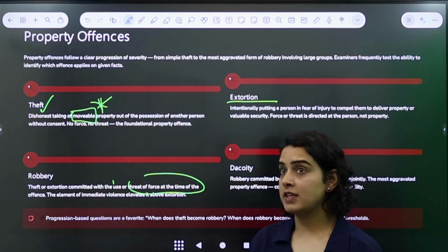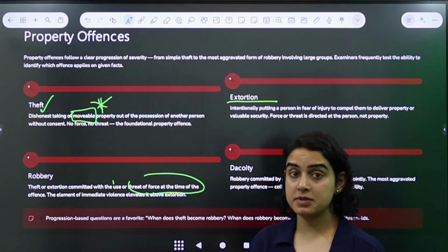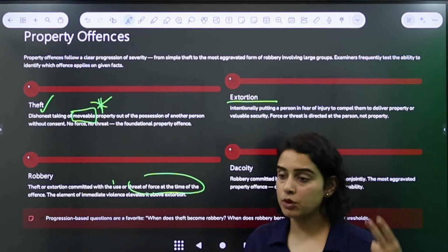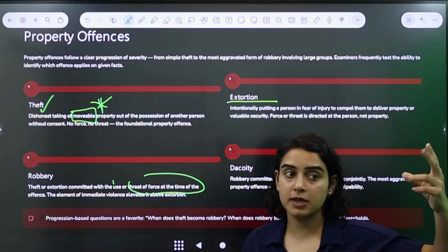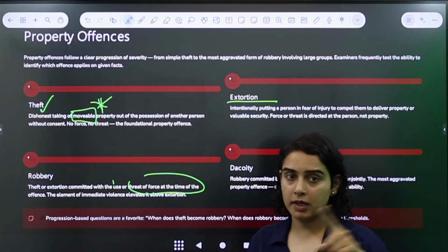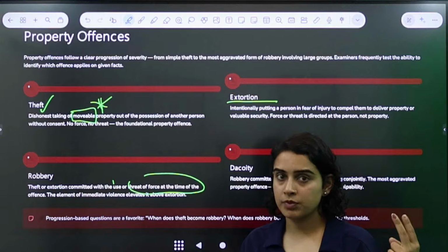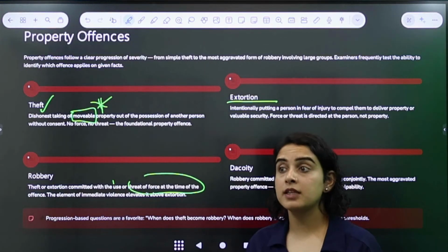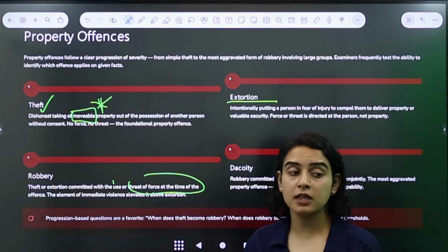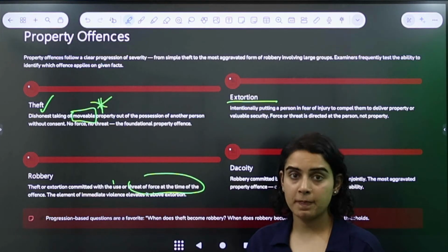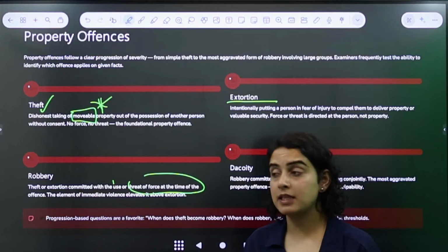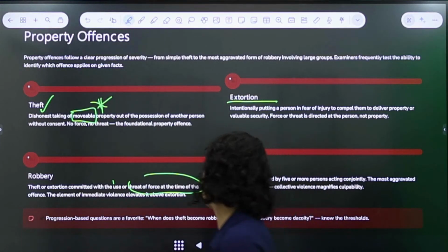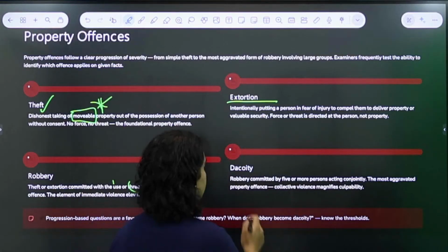Okay. Now, for example, a bank robbery. What really happens in a bank robbery? The robbers, they go to a bank, right? They put a gun on the head of one person and they'll be like, give us the entire money, otherwise we'll shoot you, right? And that's robbery. You are putting people under threat of life. You're forcing them, compelling them to do something, otherwise they'll lose their life right there. Right? That's robbery. And then there is dacoity.